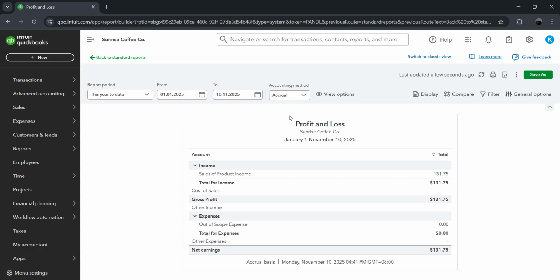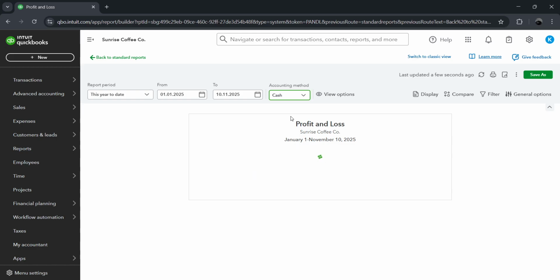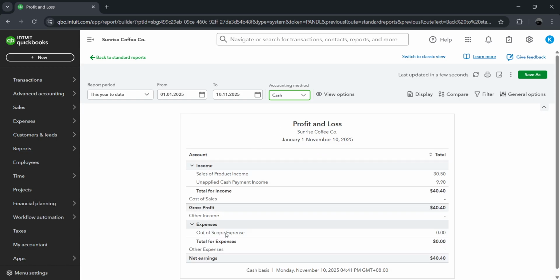Now you'll need to adjust the report settings. Select your desired report period at the top, then make sure to set the accounting method to cash. This is important because it ensures you're viewing transactions based on when money actually changed hands, which is where unapplied